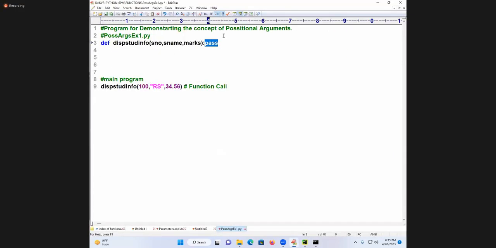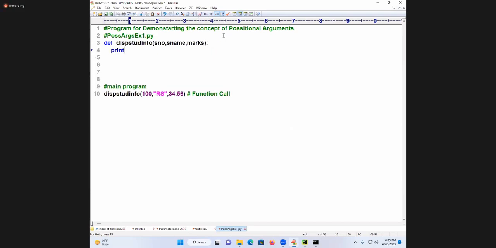I will print the data. How am I printing? Some backslash t, backslash t, backslash t, dot format of SNO comma, SName comma, marks.